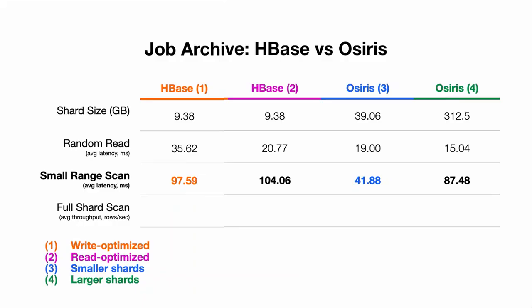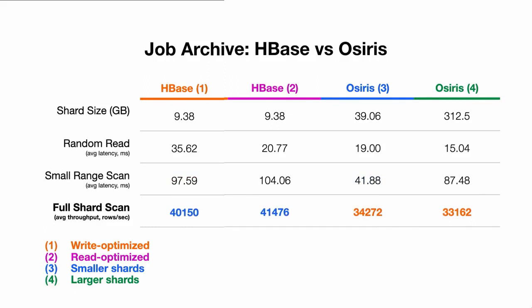So this meant that the queries were slower and actually used way more cluster resources to perform one individual query. Whereas in Osiris, because we are able to get that trade-off, we used a bucket size of around 1,000 in our job archive, which means that for small range queries of a couple thousand jobs, we get great locality. We only have to look at a couple shards, so our latency is much lower. Full shard scans are 1, 40,150, 2, 41,476, 3, 34,272, 4,